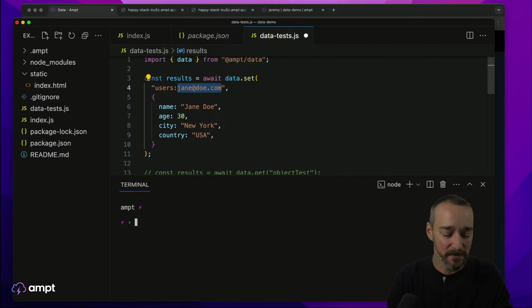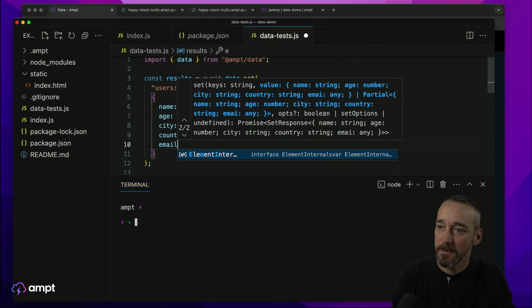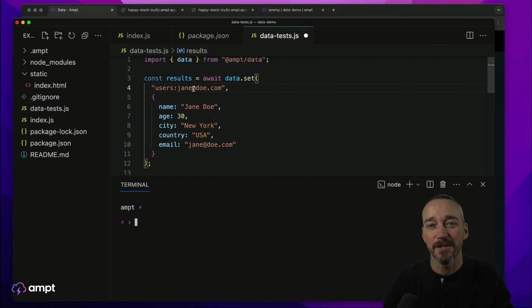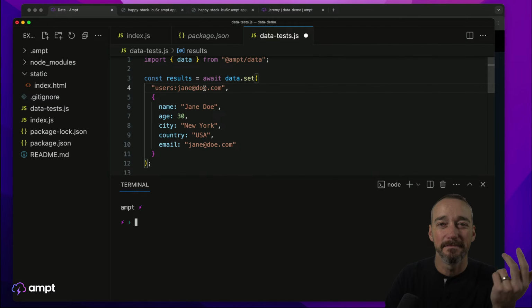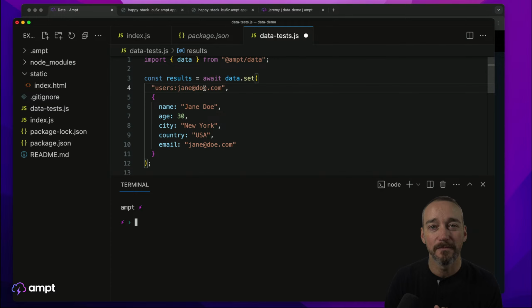The other thing I like to do, by the way, is whenever you use some sort of a key for your primary key, or for the key of your data item, I like to make sure that it's duplicated, especially if it's something important, and it should be something useful. A lot of people would do users:12345. If you do users:12345, what does the 12345 mean? If that's the ID of the user, then just write user-12345, because there's no reason to put that into a collection, because that 12345 probably isn't going to do you any good